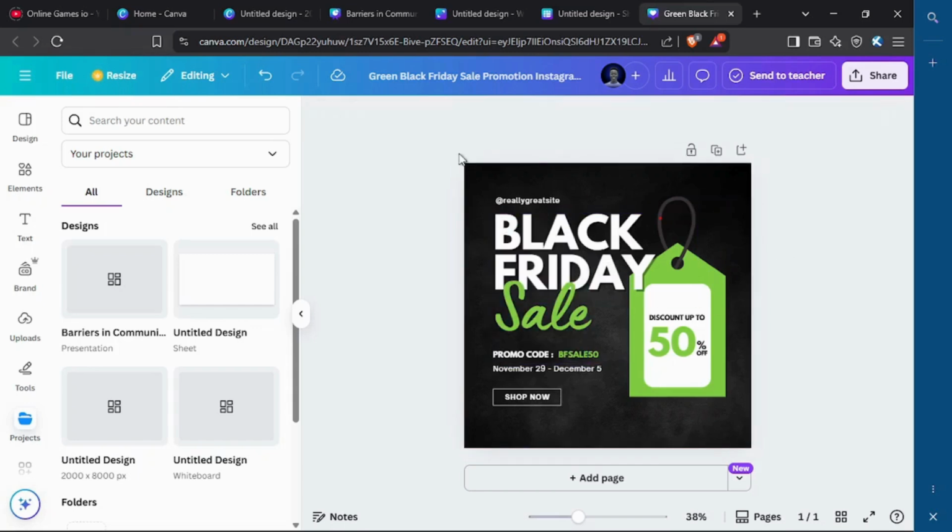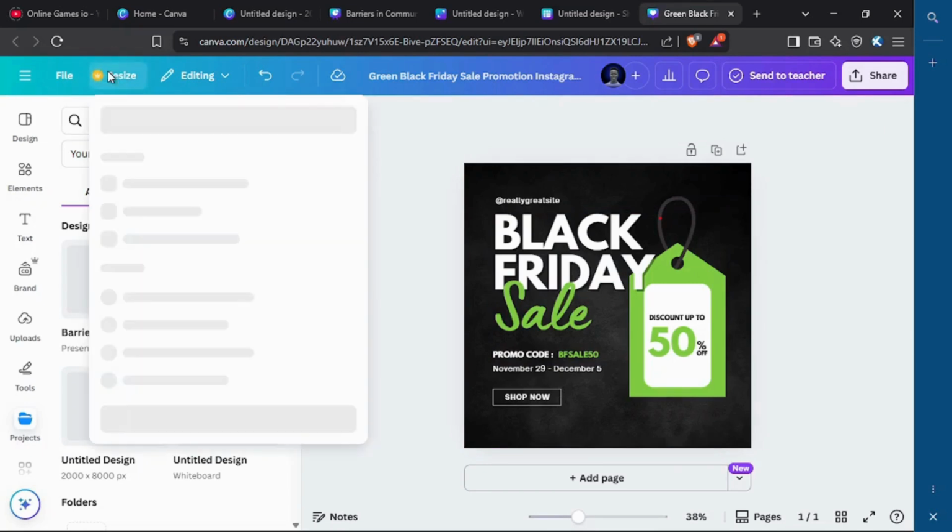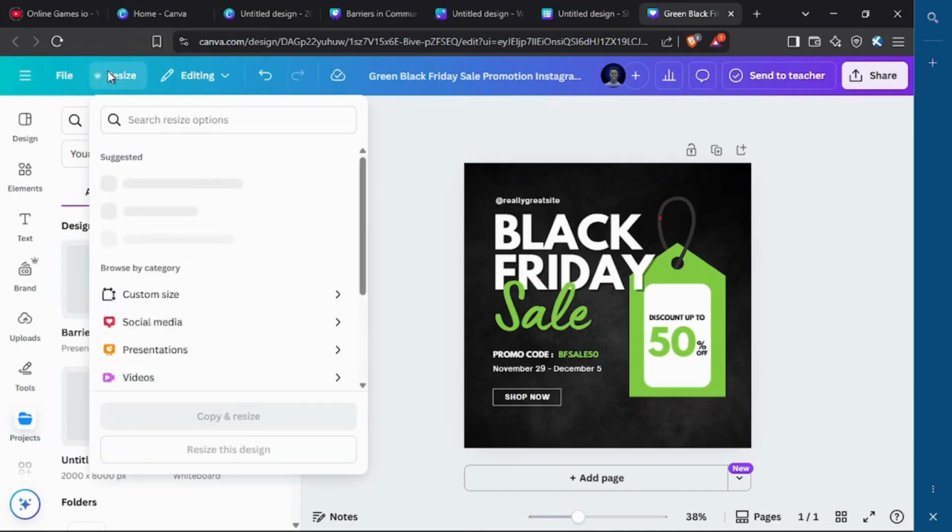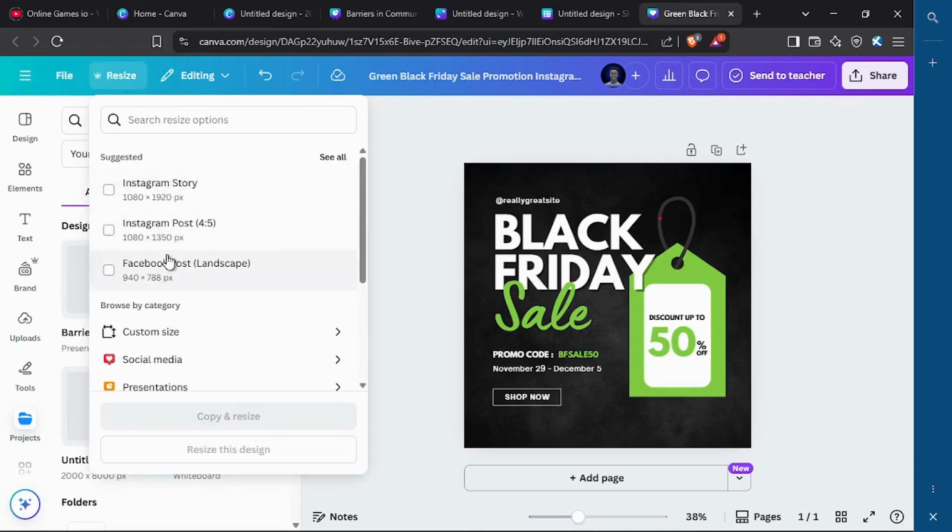We'll dive more into that later. So you can resize this design, but that one is a pro feature. You can resize this design to suit whatever you want. Then